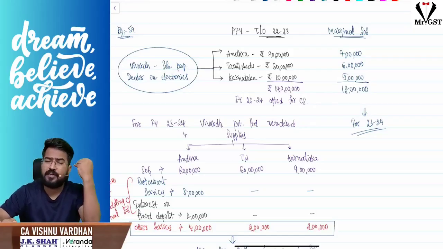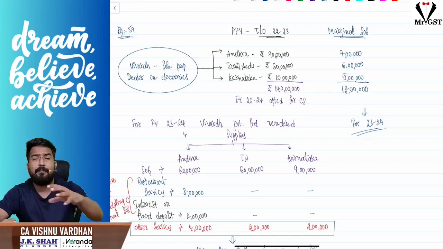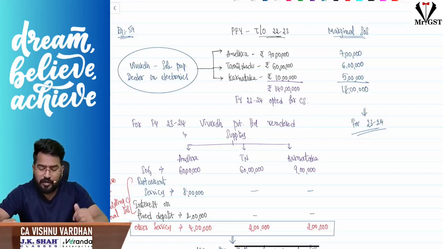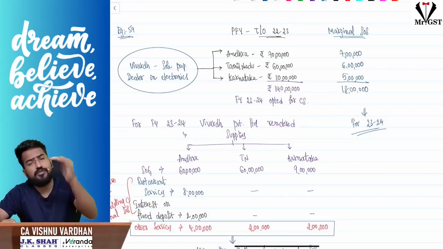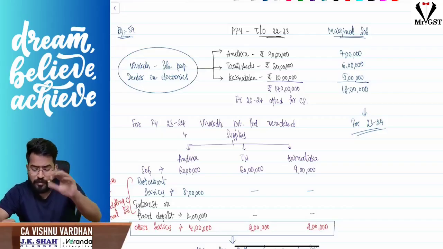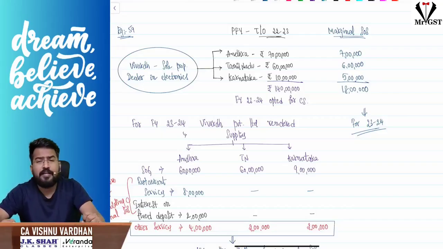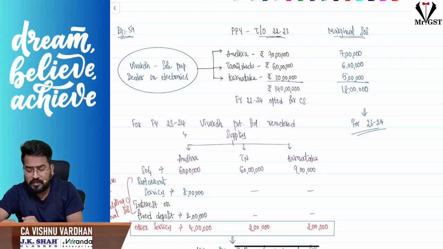Sir, it includes everything: taxable supplies, exempt supplies, even interstate supplies between persons having the same PAN, that is distinct persons. If we make a sale from Andhra to Tamil Nadu, that is a supply as per Schedule 1, and that is also added in aggregate turnover, but only when it is interstate. Coming to the point, aggregate turnover is 140 lakhs in the preceding financial year 22-23, so I am eligible for the composition scheme in 23-24.